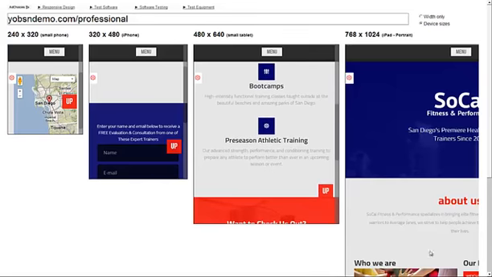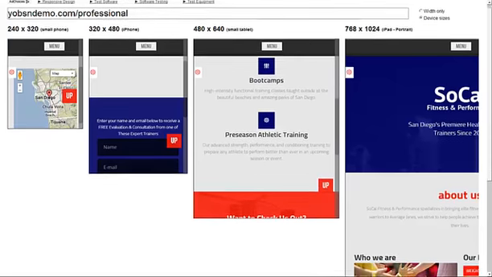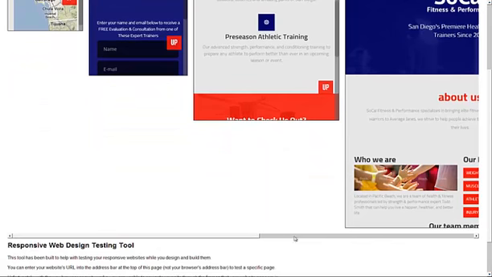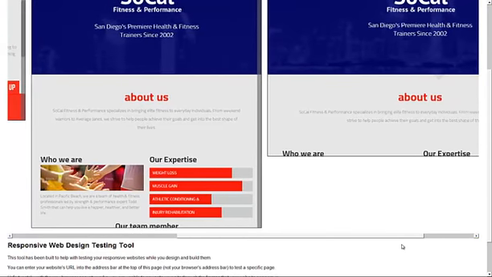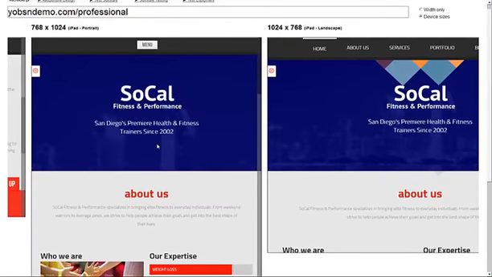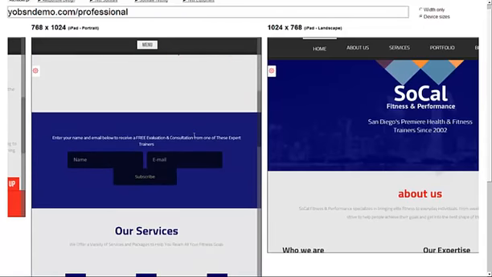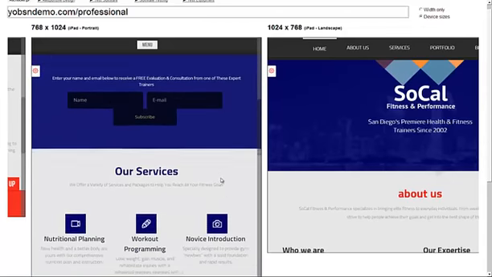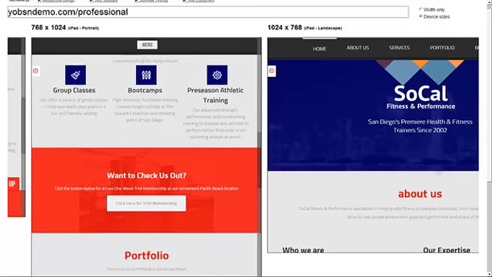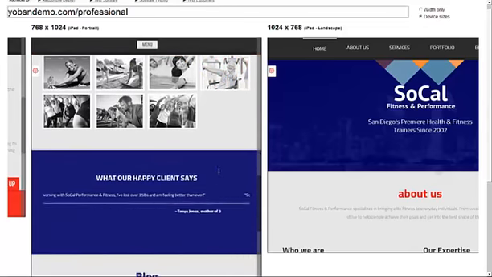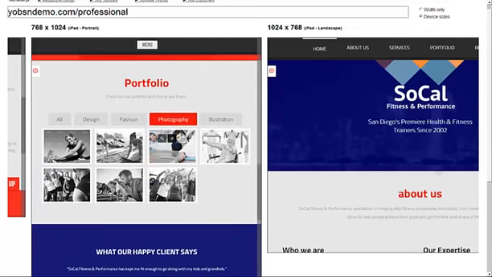Let's take a look at the larger tablets here. And you can guess, as it gets bigger and bigger, of course, it just gets better and better. So here's what it would look like on the iPad, only in portrait format. This would be the same as a 10-inch Android tablet as well. And you can see it looks great, and everything works just like it works